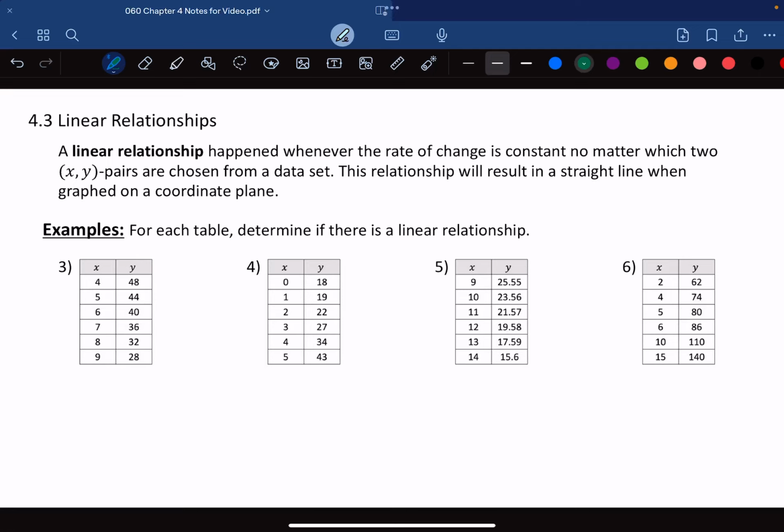When we talk about rate of change, the rate of change can be constant or not. When you have a constant rate of change, that means that regardless of which set of points you're looking at on your graph or in your set of data points, the rate of change will be consistent, creating a linear relationship, which means it'll form a straight line when graphed. You have a line